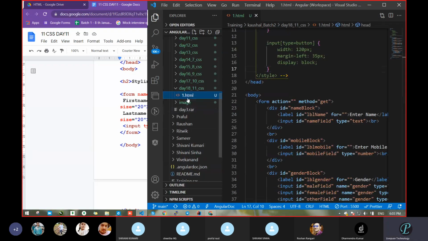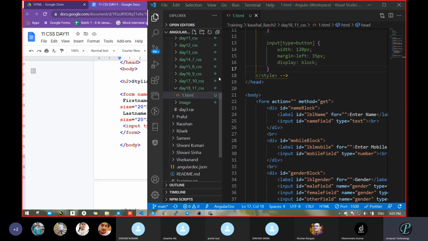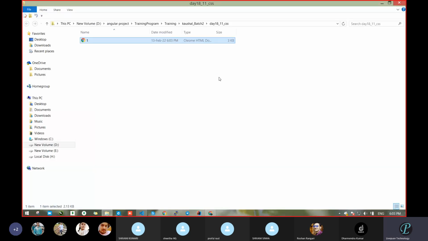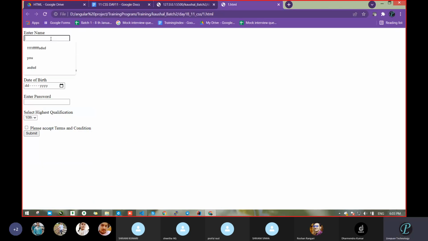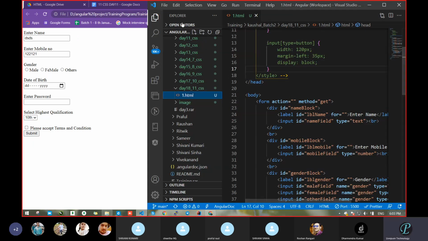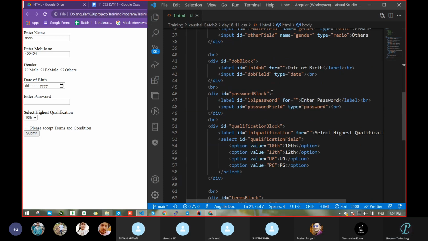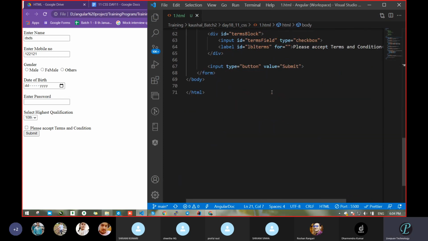But why is this server not given? Let's open it in file explorer. Yeah. Who is calling? Okay, let's open this. Submit. Enter mobile number, submit.